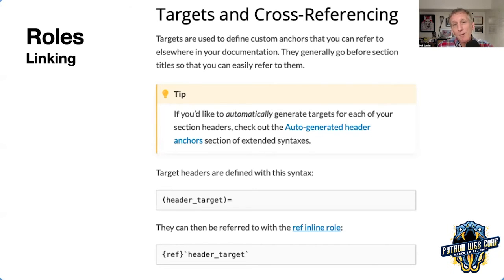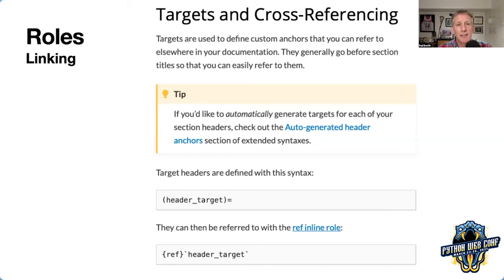If you want to link to something, sure, you can link to a file, but wouldn't it be nice if you could just link to a label kind of thing? Or I want to link to that heading, three headings down into the document. Not only do I want to link there, I want to get the text from the heading and insert it as my link text so that when that changes, I don't have to go update everything. Sphinx does this with roles and refs.